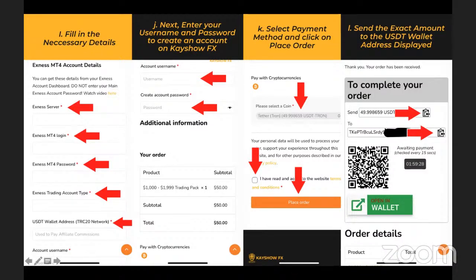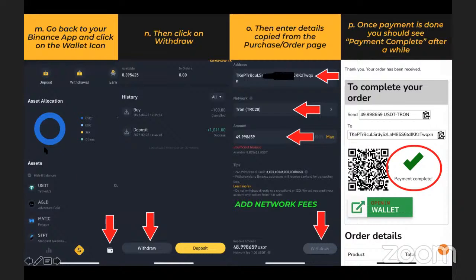Now, to make this very easy for you, you just copy this right here to copy the amount. Then you go to your Binance. You go to Binance. You click on this wallet icon here. This time you click on withdraw because you now want to withdraw that money you have deposited to use to pay for this bot. You click on withdraw, and then when you get to withdraw, it will ask you which address, which network, and the amount. So that amount you have copied here, okay, you want to come here and paste it here.